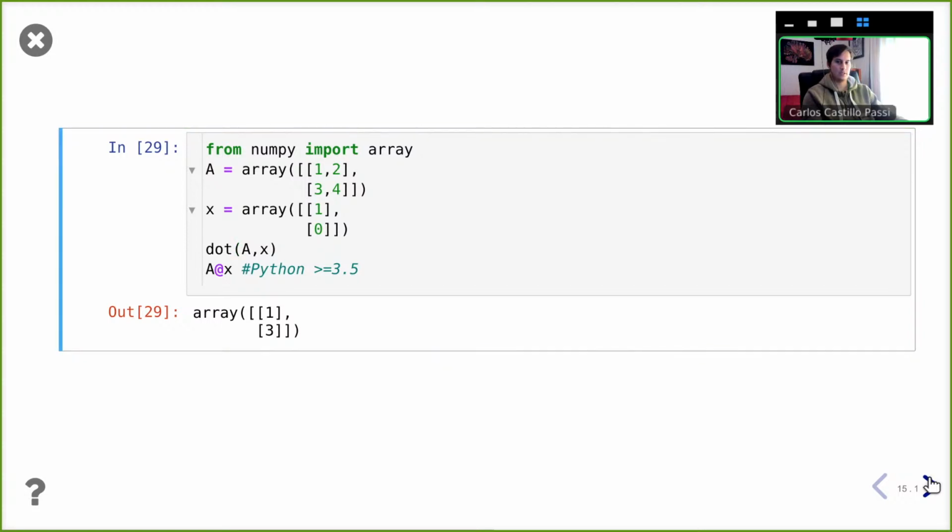Yeah, everything clear? Well, let's ask the opposite. Someone didn't understand this matrix vector multiplication? Does it work for any matrix multiplication? Yes. For example,